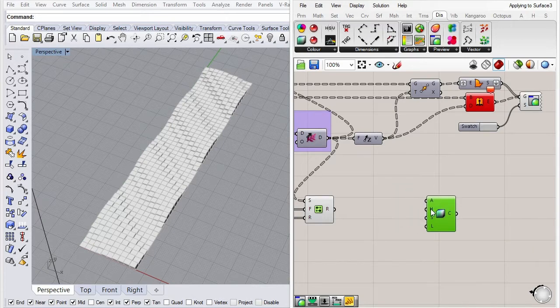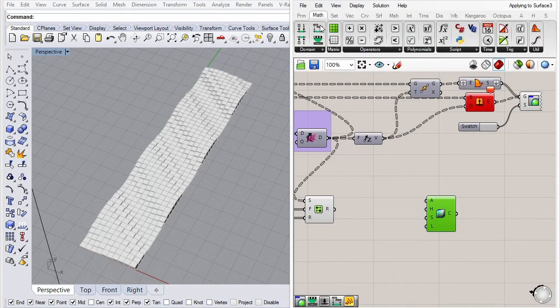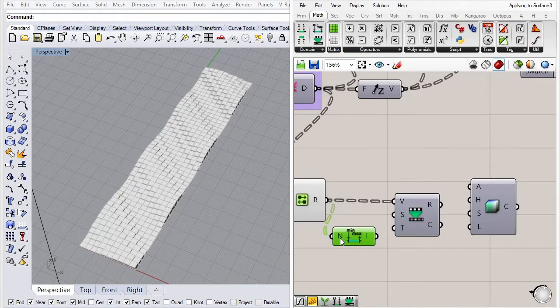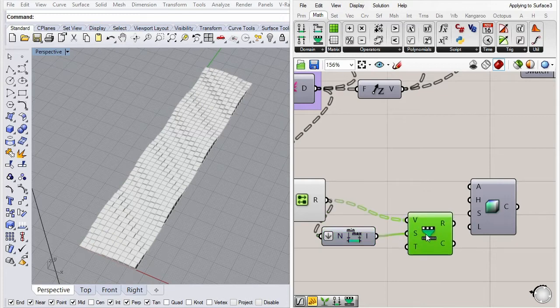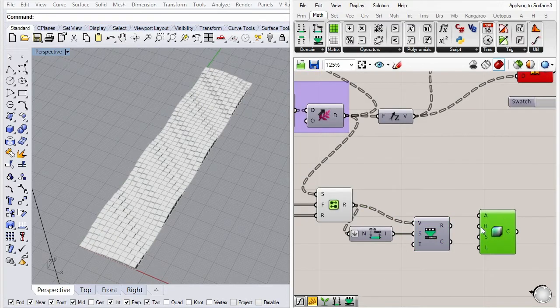And so the hue takes an input of 0 to 1 to define a color. So we're going to want to remap this to that range. Again, always remember to flatten the input of these bounds. So that gives us a set of colors.